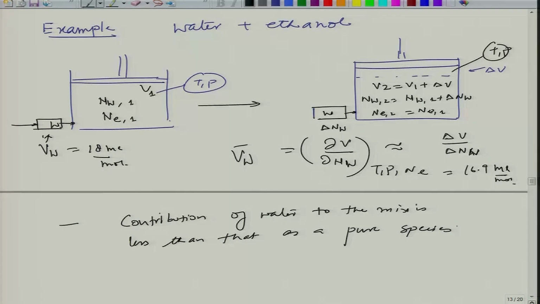Okay, so this is what it tells you, that the contribution finally is less,